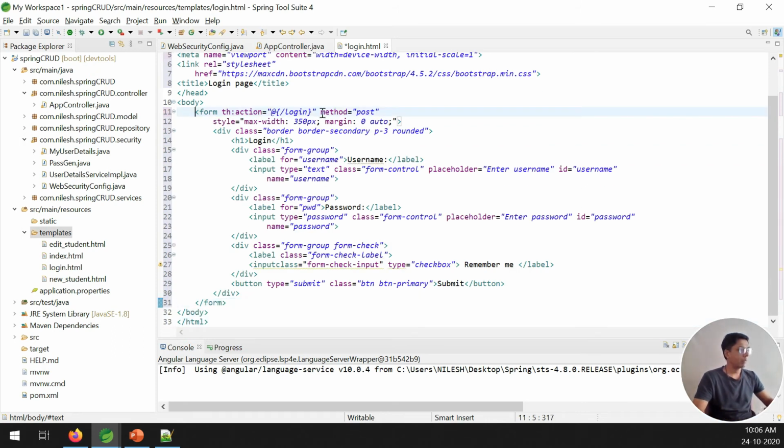So I have one sample of this login page. You must have one thing, that is the @ sign, then /login. So whenever I click on submit, this action is executed, and whatever the password and user ID is there, it is passed through this method. And if the user ID and password match, then a login successful message should be there, or the page is opened. So this one is a simple logic. Okay, after that, let me execute this code.